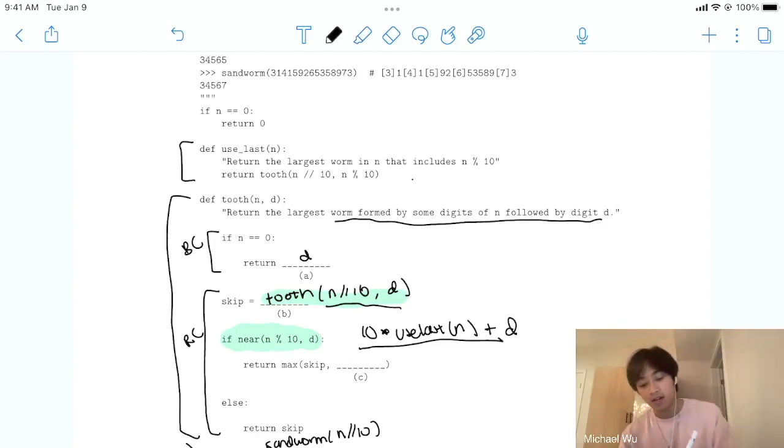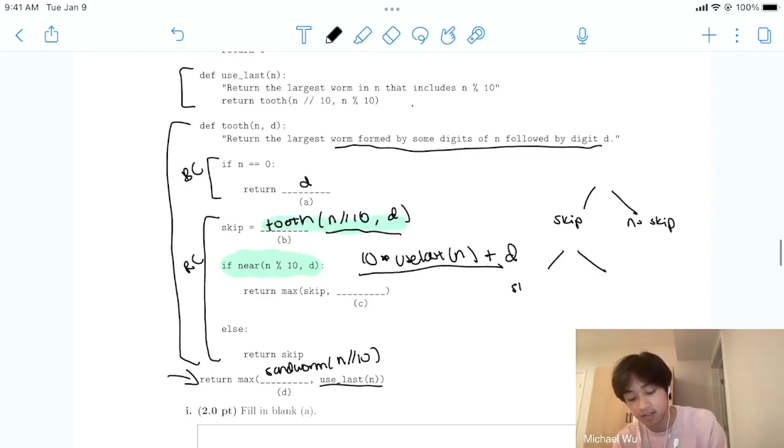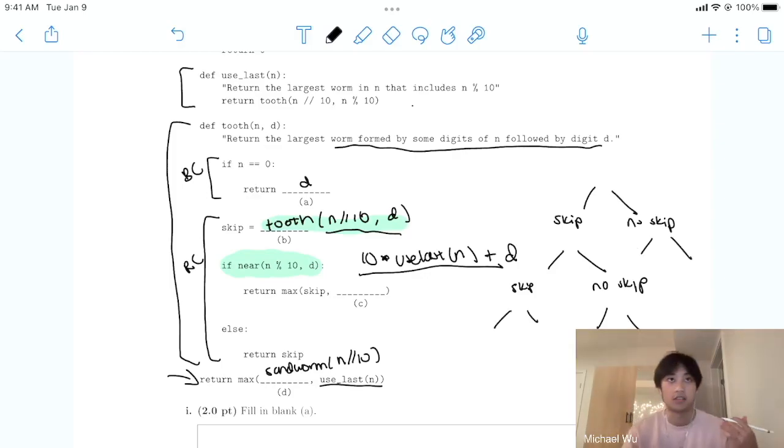So you can split these calls up and draw out the recursive tree where you're doing skip and no skip. But skip is another recursive tree where you call, again, skip 2 and no skip. And they all are essentially recursive calls. So the reason why just skipping the last digit includes different cases, where you skip the last digit and then you skip another digit 3 digits later, is